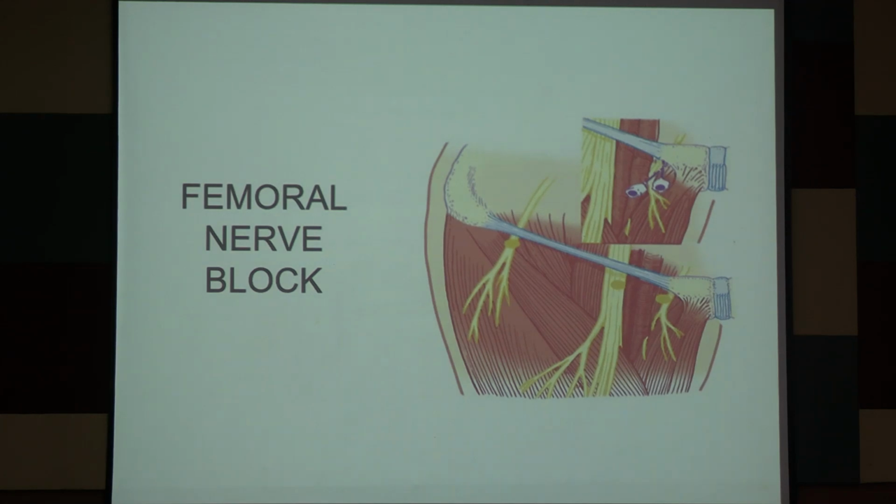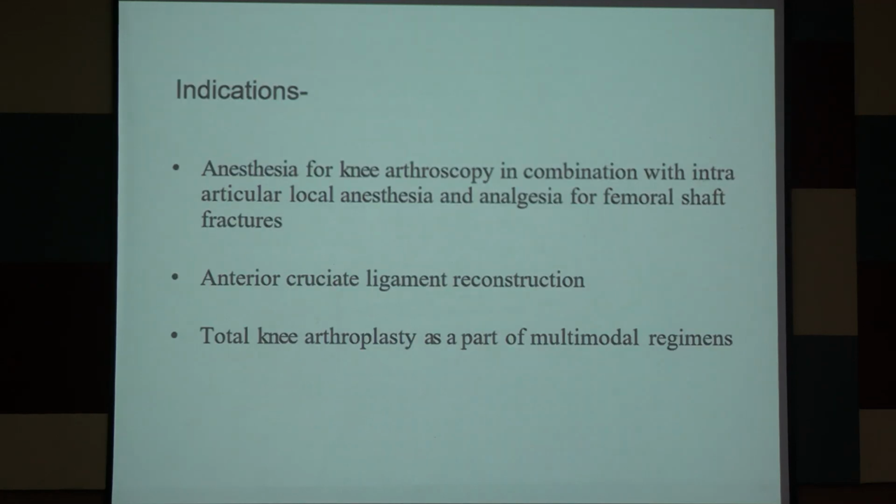How do we perform the femoral nerve block? The blue part is the inguinal ligament, right? And here is the femoral nerve, which comes out beneath the inguinal ligament. This anatomy, I guess everybody has learned in inguinal hernia cases also, which you see clinically. How do we perform the block? Have you ever done a femoral tap?